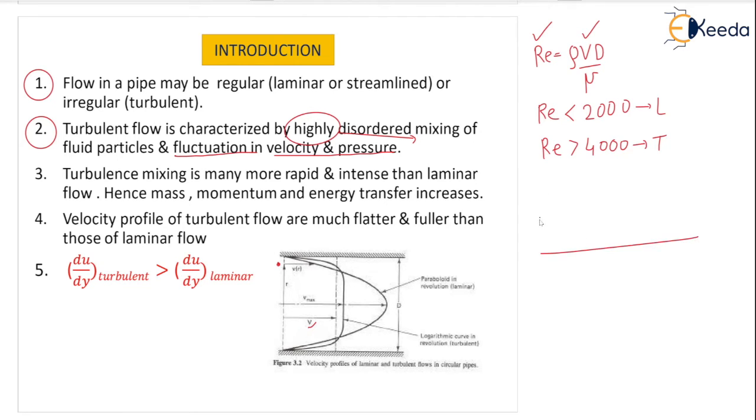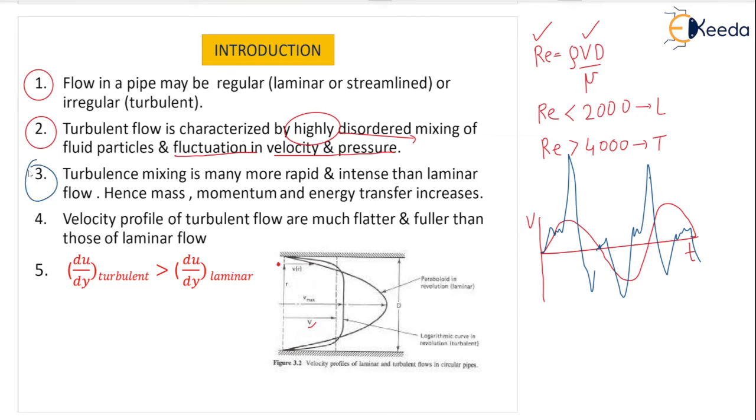What do you mean by fluctuation actually? Look at this. This is velocity with time. The velocity is increasing or decreasing, again it is increasing, decreasing. This is called a gradual change in the velocity with time or along the length in the direction of flow. But when you say fluctuation, there is a sudden change in the magnitude of the velocity like this. This is called fluctuation of velocity, and the same fluctuation you can also see in the magnitude of pressure. Then it is called turbulent flow.